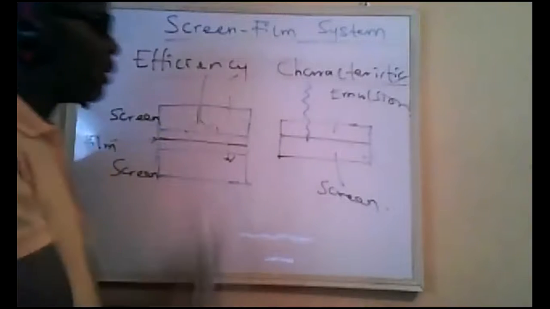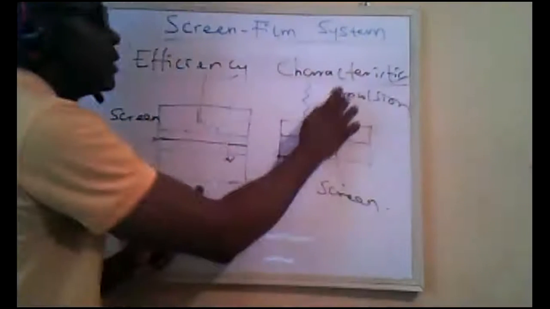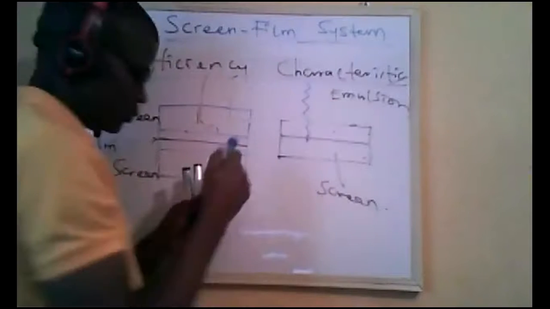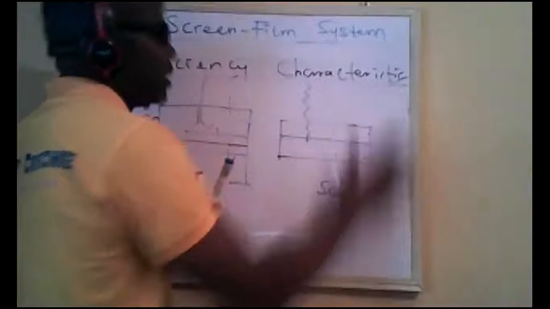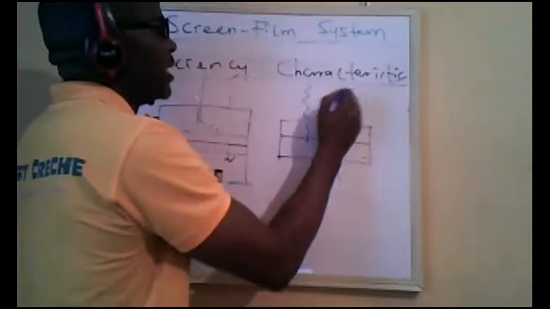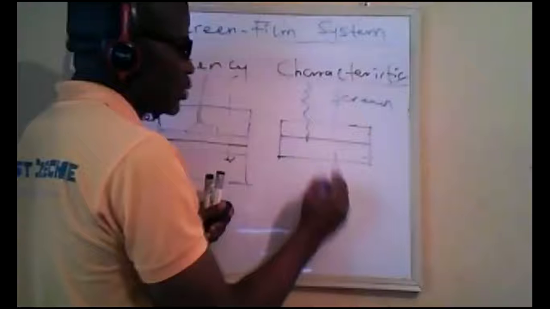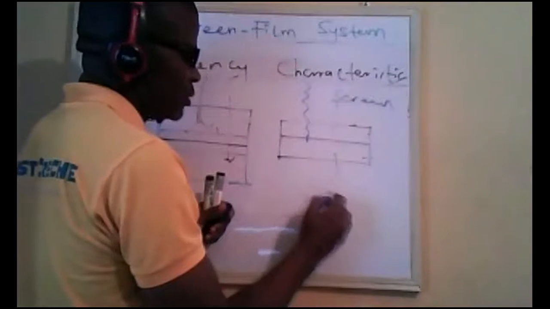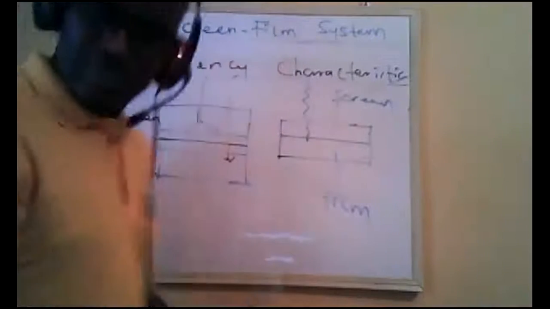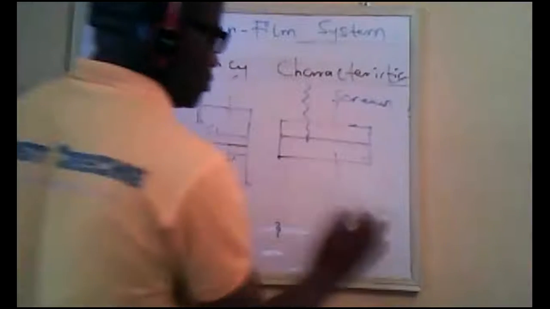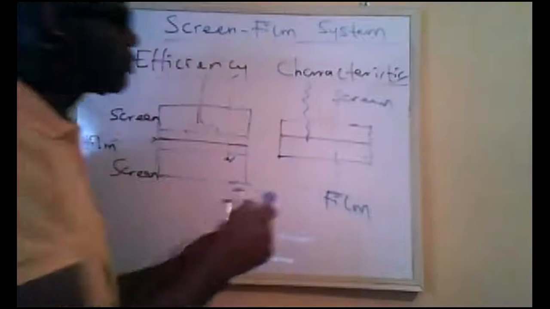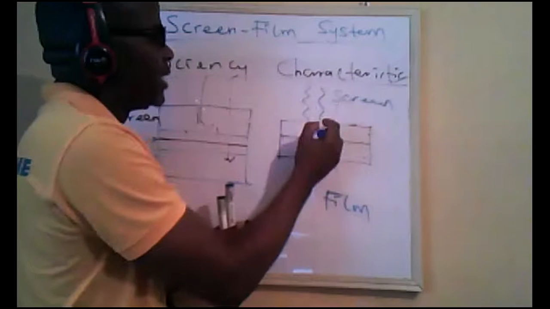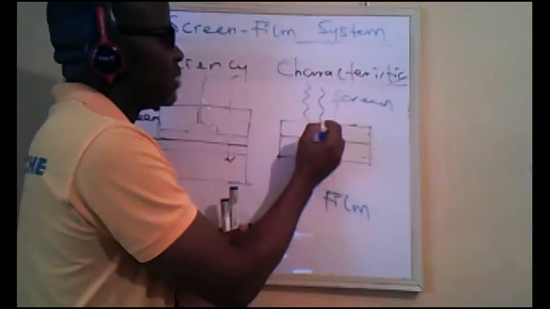If this one had been our screen, turning it upside down, and this one being our emulsion, assuming this as our film and this as the screen, then immediately the X-ray photons land here, most of them will interact at this surface,